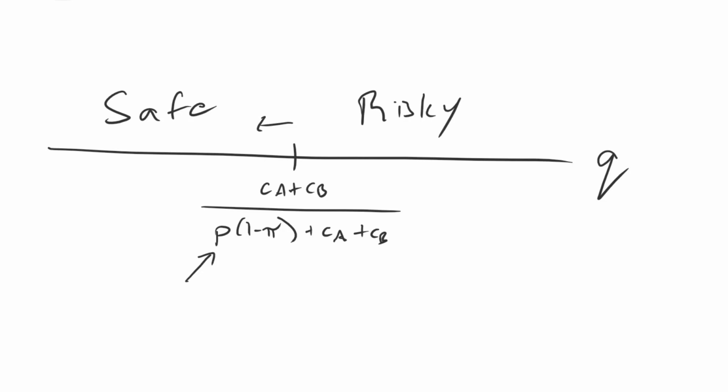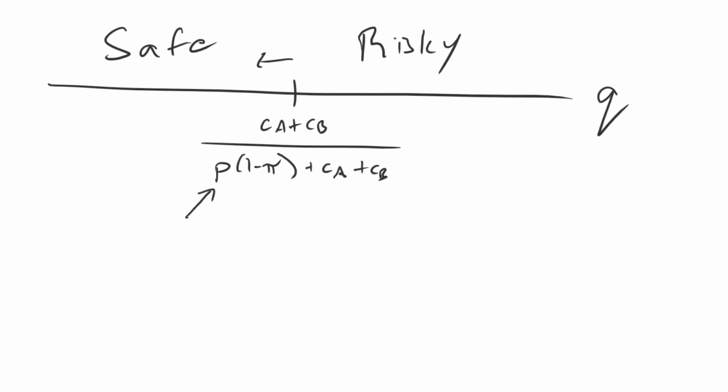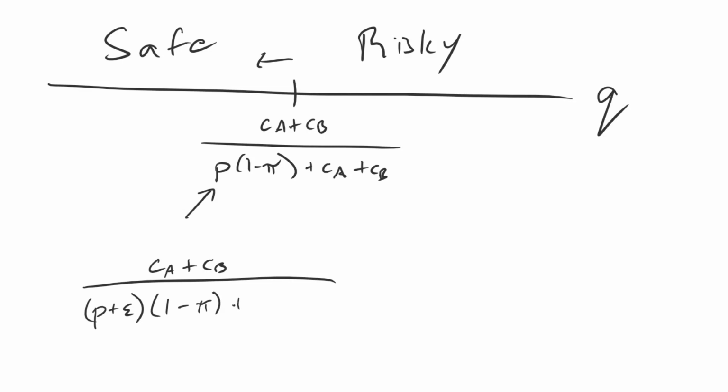Let's prove that with a comparative static. Let us look at the additional amount, when we add a little bit to P. So we're adding epsilon to P, and we put that in parentheses, because we have to multiply that entire quantity by 1 − π. If we forget to put that in parentheses, we might not get the correct answer. And we're expecting that this is going to be less than the original quantity when we did not change P at all.